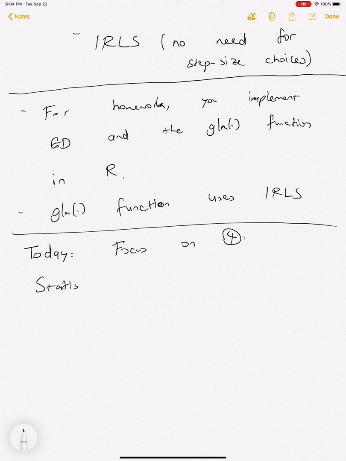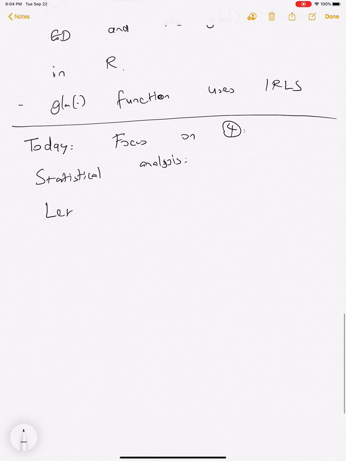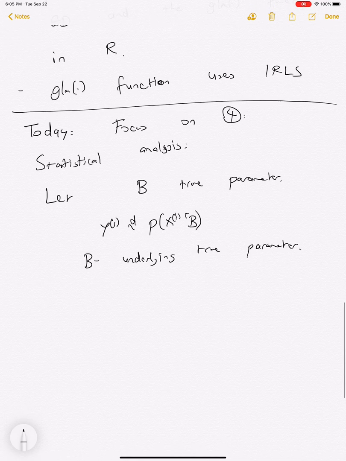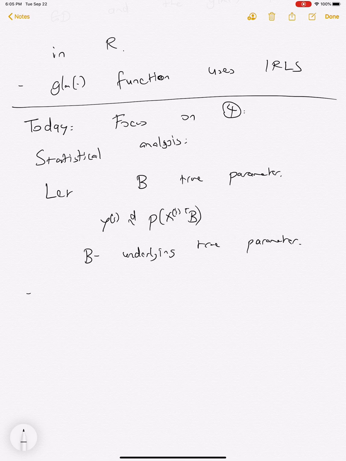Okay, so today we focus on the fourth component of the framework, which is the statistical analysis. What we're trying to say is, we know that B is the true parameter. So we know that yi is distributed P with xi transpose B, and so B is the underlying true parameter. And then we want to say,